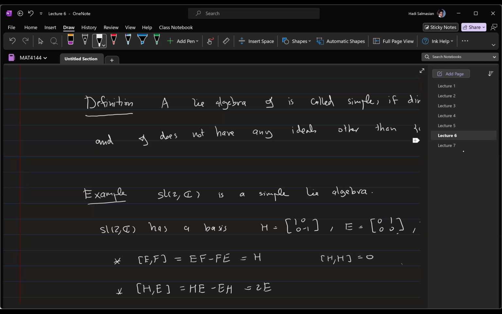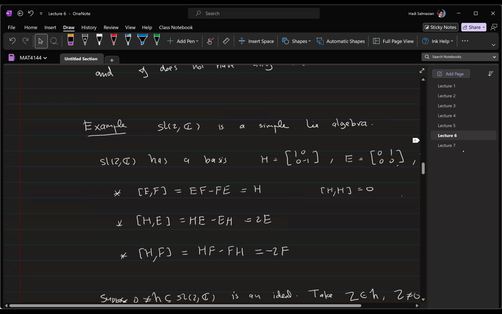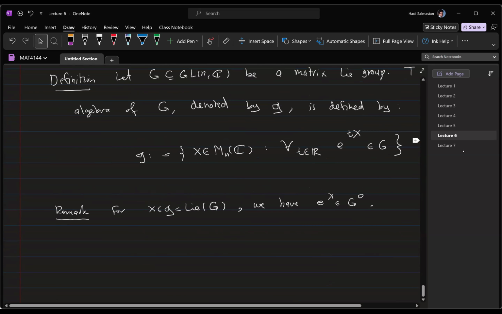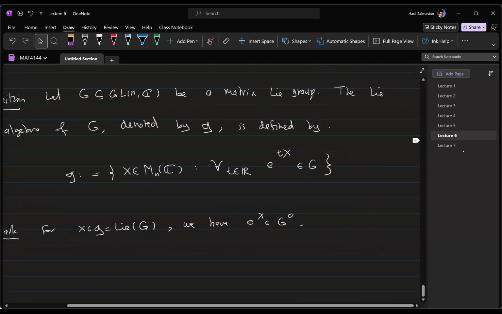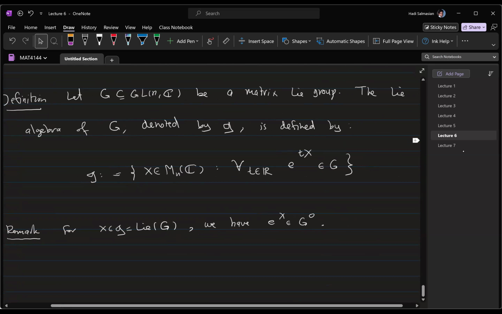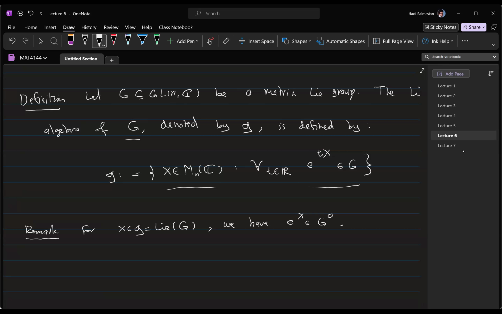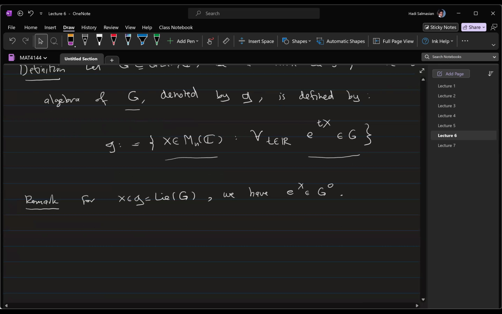So last time I introduced the concept of the Lie algebra of a Lie group. Remember, a matrix Lie group is a closed subgroup of GL(N,C) with the induced topology from matrices on GL(N,C), and we defined the Lie algebra of such a Lie group to be the set of elements of GL(N,C) with the property that the one parameter subgroup generated by this element is contained in G. So the picture would be that